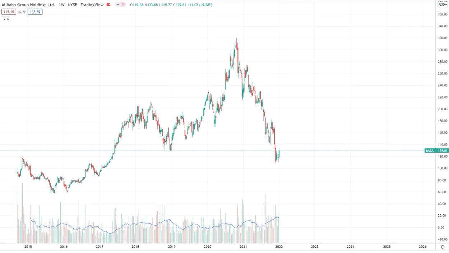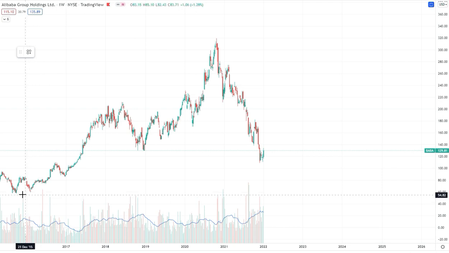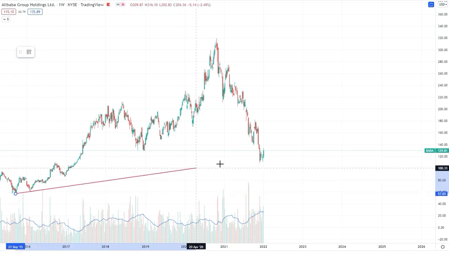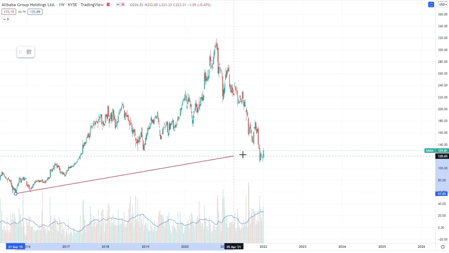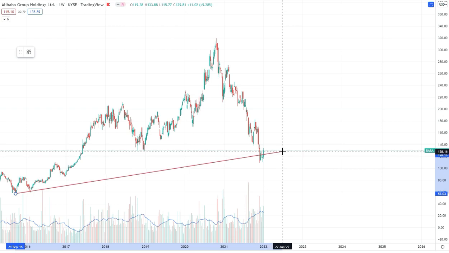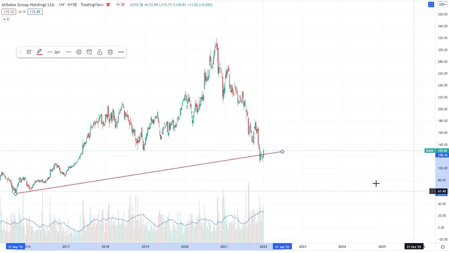Let's start from the weekly chart. I would like to start by drawing a very basic trend line, guys. Let's start from the low of the week of September 28th, 2015, and connect it to the second low of February 1st, 2016. Okay, so I'm doing this here, and now let's extend this. Perfect. So, first thing to note here, what is happening at this 120 level?